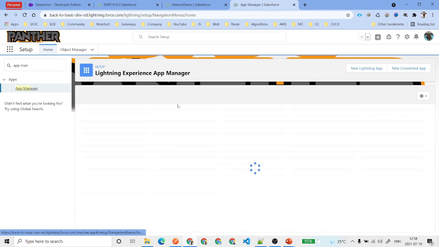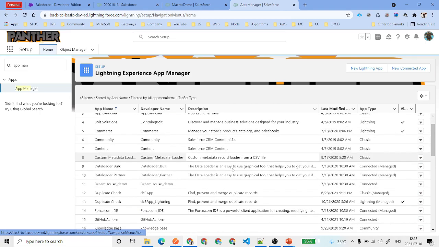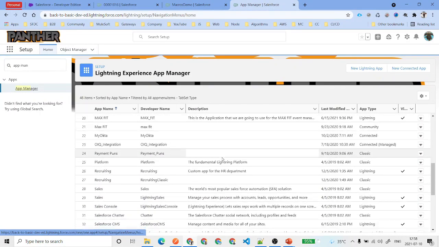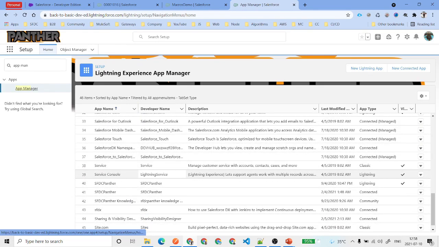That can be a connected application or your lightning application. You need to find lightning service console. This one, service console, is the name of the application and the API name is lightning service. Go ahead, click on the drop down next to that application, and click on edit.